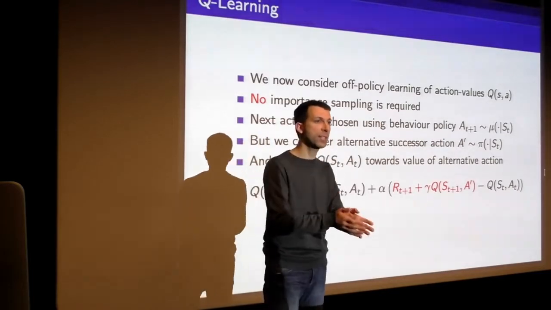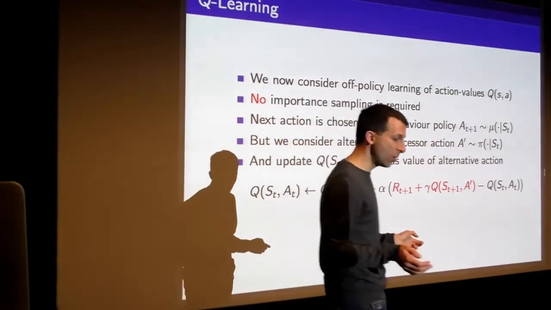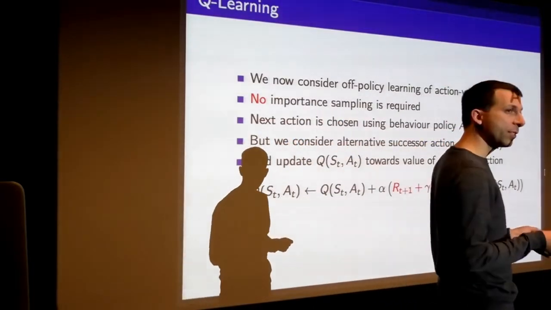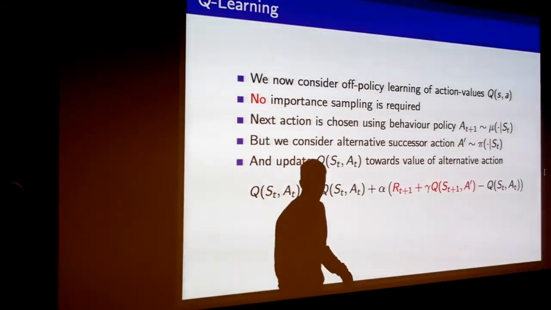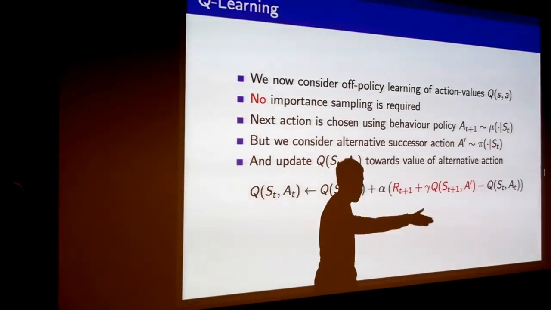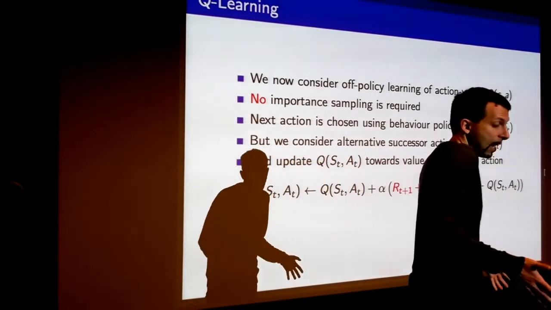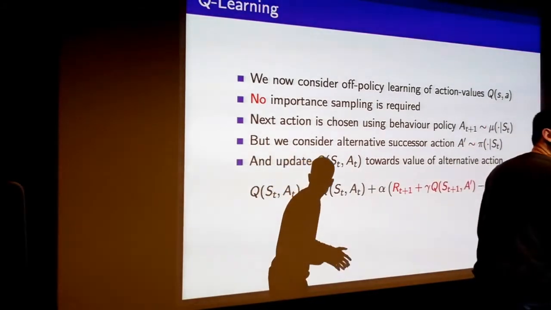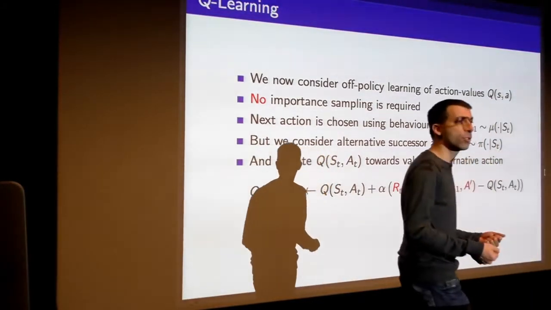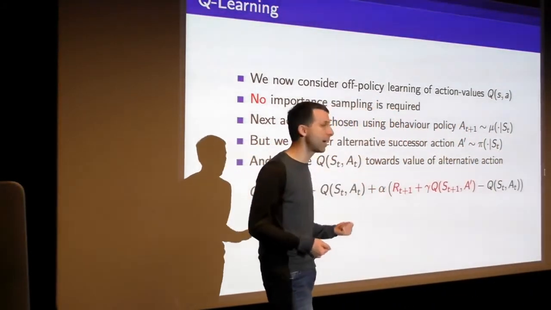So each time you get to a state, you're considering the thing you actually took, and that's generating your real behavior, the trajectory you're actually following. But at every step, you're also considering some alternate action you might have taken, and that's the thing that you bootstrap from. You bootstrap from that Q